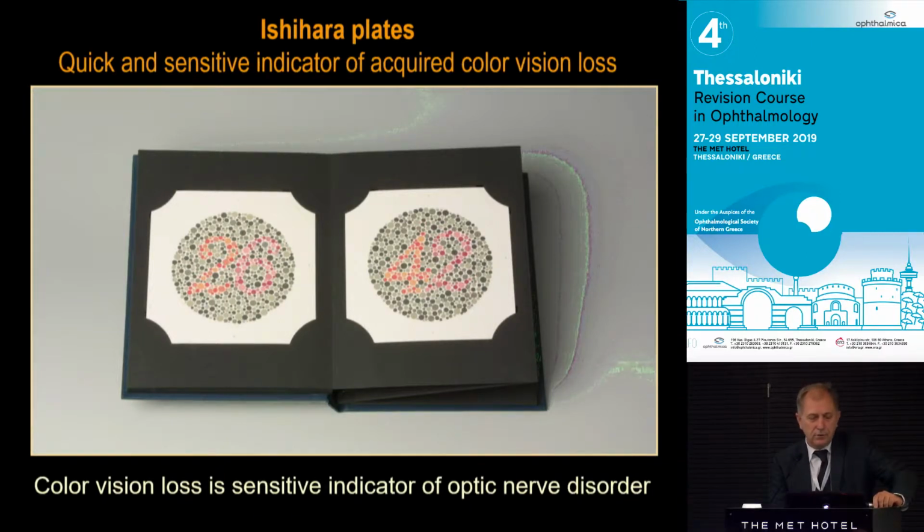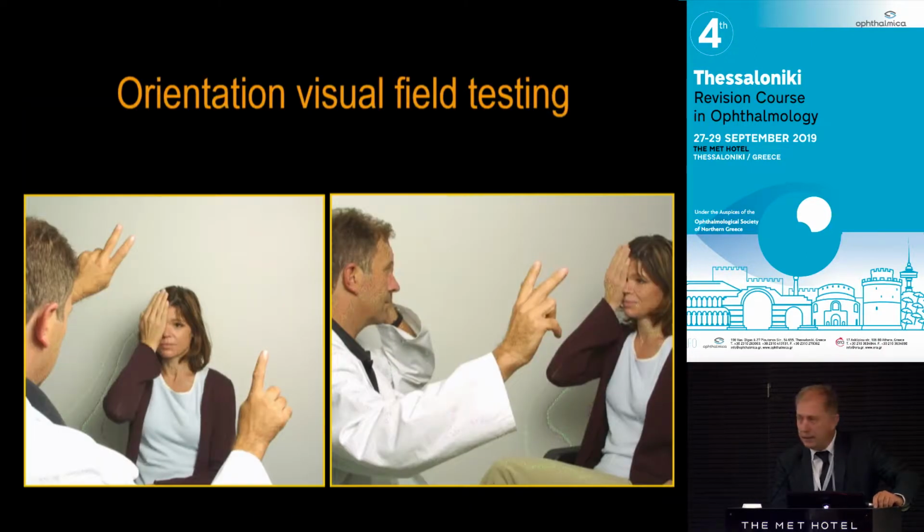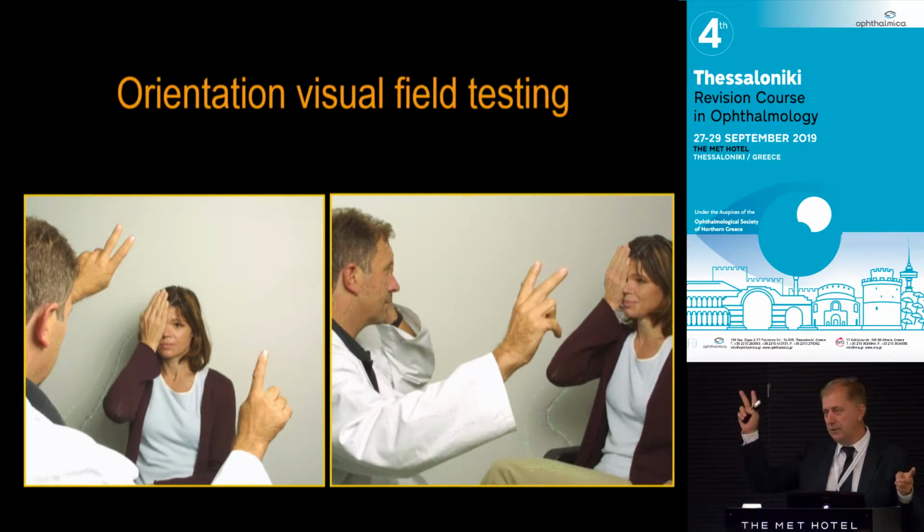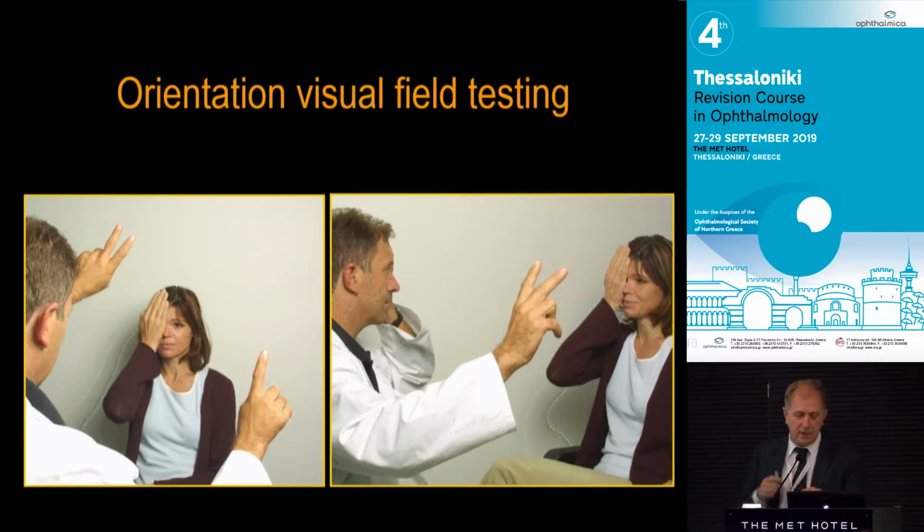And if you don't go straight to visual fields, then you do visual field testing with confrontation, and you can do it in two ways: show the patient fingers and ask for the sum, or go from the periphery. That's sometimes quite useful,